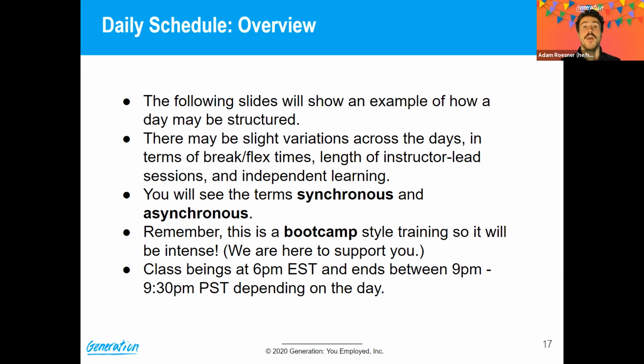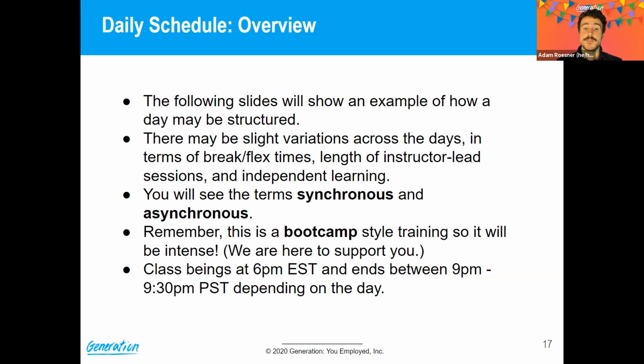So that's intense. Outside of that time, there are 3 asynchronous days, Tuesday, Friday, Saturday, on which we expect you to be completing roughly 3 to 4 hours of work as well. So in total, we're asking you to make essentially a 24-hour commitment over the period of a week to working on things and assignments for this class. So we're here to support you, but that is the expectation.